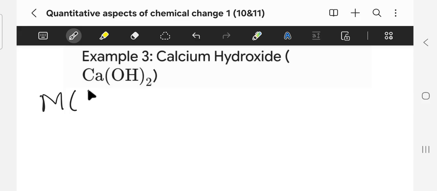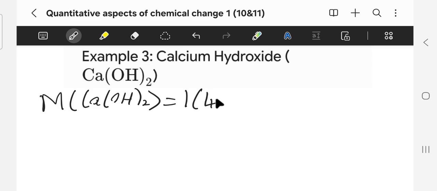We'll have M in brackets Ca close bracket OH 2. Okay, this is what we have. And when we calculate the molar mass of this one, we will say firstly we have Ca, calcium, right? We only have 1 calcium, so we'll multiply that 1 calcium by its molar mass, and the molar mass of calcium is, I'm not sure, is it 40? Yes, I think it's 40. Let me just check on my periodic table. Yes, it is. It's 40